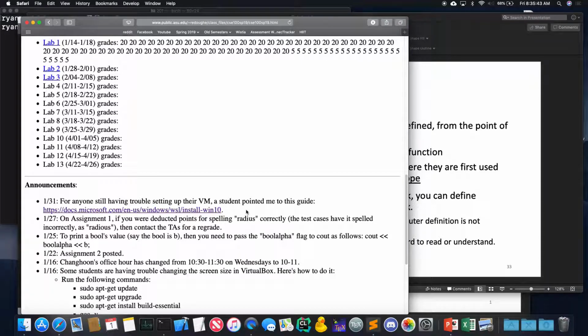But I prefer if you use the virtual machine, because one student emailed me saying that this person got a 0 on their assignment, whereas they tested it and it passed all the test cases. It turns out there's a difference between including one header versus another. On one platform, namely the virtual machine, if you include a header, it compiles. And if you compile it on, say, a Mac or a Windows computer, it does not compile. So this is one reason why I'm trying to emphasize using one platform, namely the virtual machine, so that everyone has the same